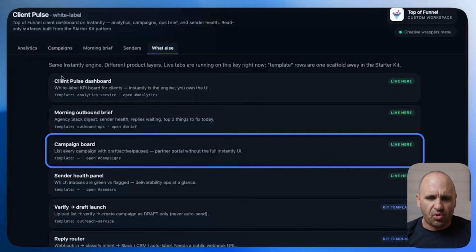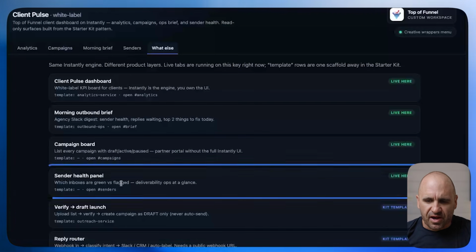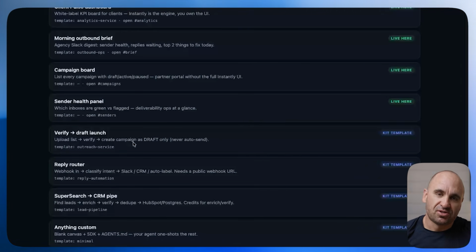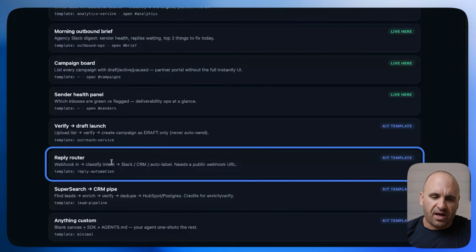We have a campaign board, which I show right here. We have a sender health, and then verify and draft launch. That's one thing. So you can actually have it where it goes to the client and be like, hey, this is what we're looking at. Are you ready to pull the trigger? And then you can literally make a button to actually launch it because that fires off the launch to the Instantly API. Then we have reply router where you can do a little bit more with that when it comes